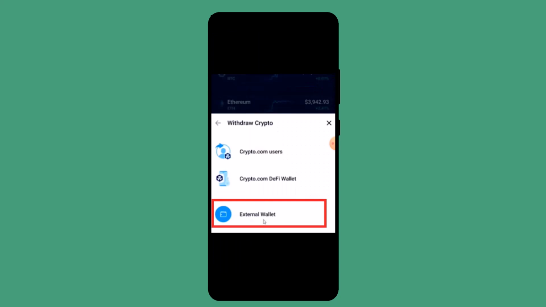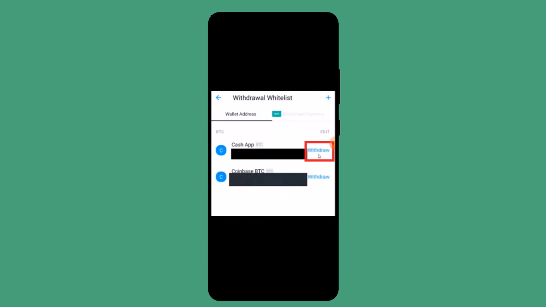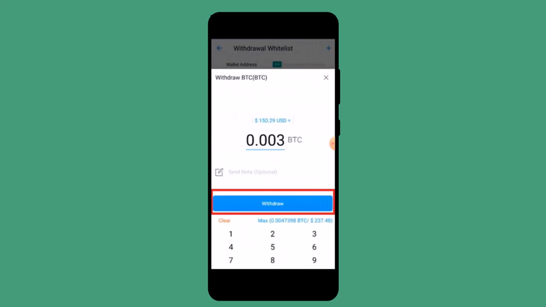On the next page, you'll need to select where you actually want to send the cryptos. Go ahead and select external wallet. After that, you need to enter the destination, such as the wallet address where you're actually sending. After you've done that, enter the exact amount that you wish to send and click the withdraw button located